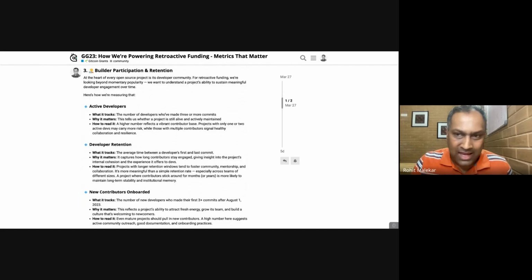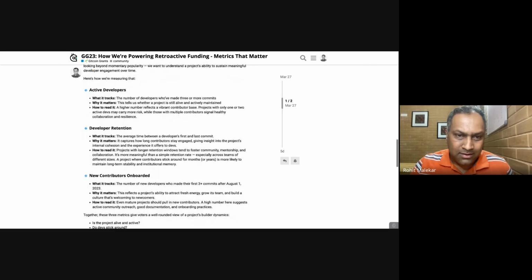So we're tracking active developers, which is straightforward. We figured out a way to get developer retention in a more normalized way, such that it's basically calculating the average time between a developer's first and the last commit. So this way, we give somewhat of a level playing field for different team sizes. So if you have a team size of 20 or 2, if you have consistent contribution, irrespective of your team size, your average time between the first and the last commit helps you get more